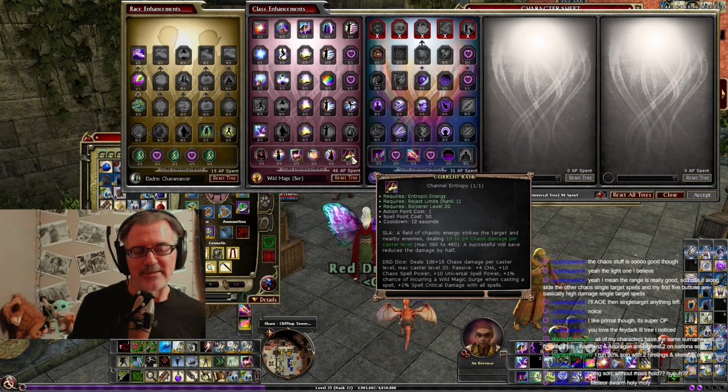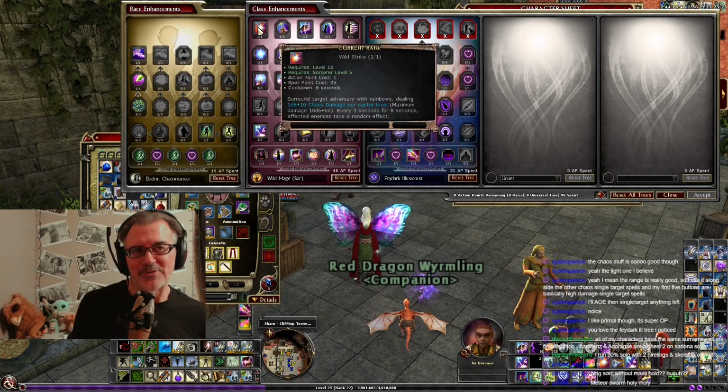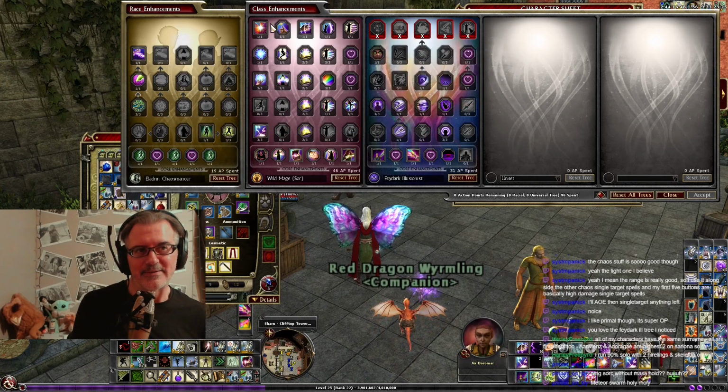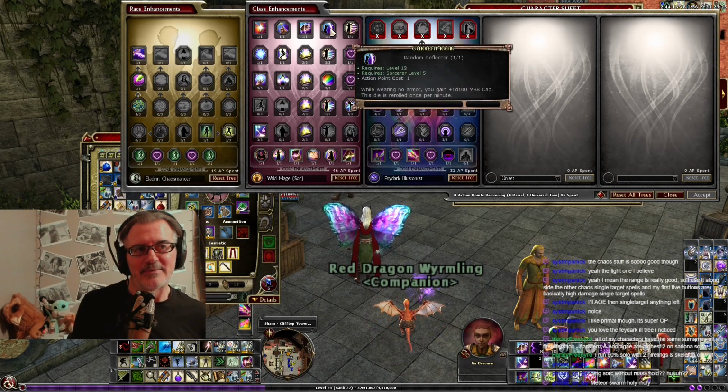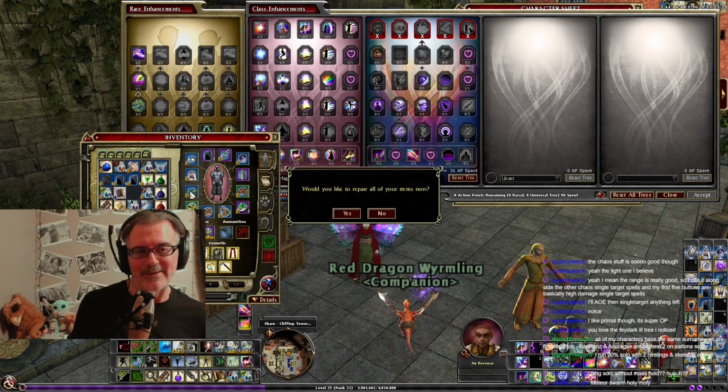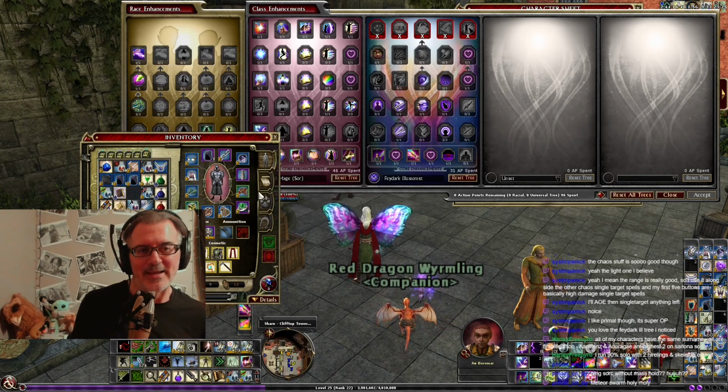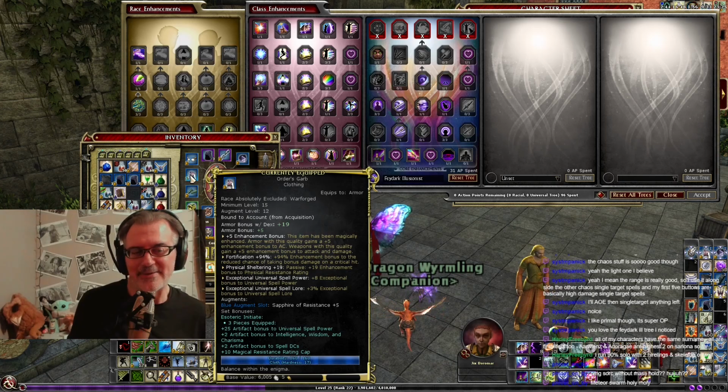This channeled entropy capstone is awesome. So I definitely recommend taking it if you're doing Chaos Wild Magic. It's really good. I'm not super sold on this entire top tier here, though. It's okay. It's good, but a lot of this stuff is like, okay, here's if I have no armor, I get a better MRR cap. Well, I just happen to be wearing a robe, but I don't know if that counts as no armor. I think it counts as no armor, but